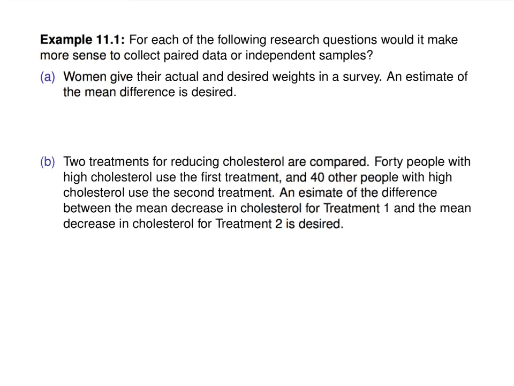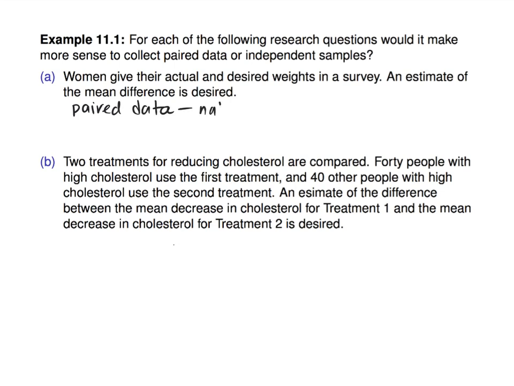So first, for each of the following research questions, would it make more sense to collect paired data or independent samples? Because one thing you'll have to do is distinguish, do you have a mean of paired differences, or do you just have two different populations? So women give their actual and desired weights in a survey. An estimate of the mean difference is desired. So in this sense, it would make more sense to collect paired data,